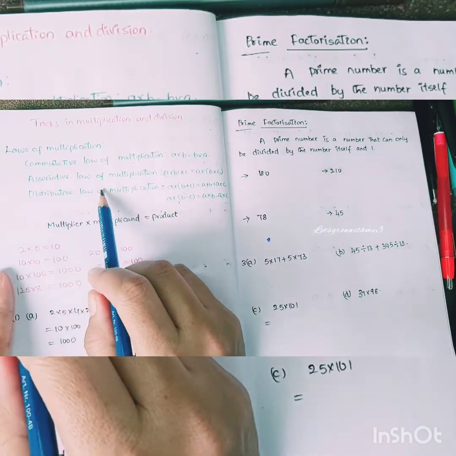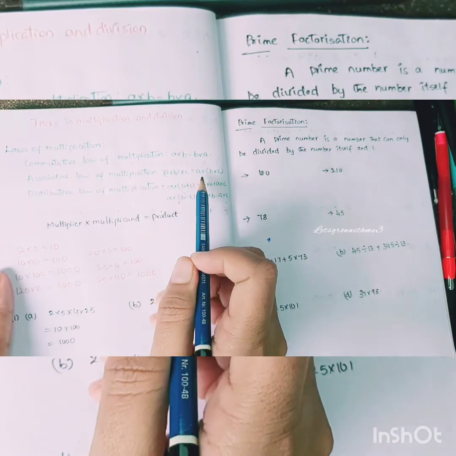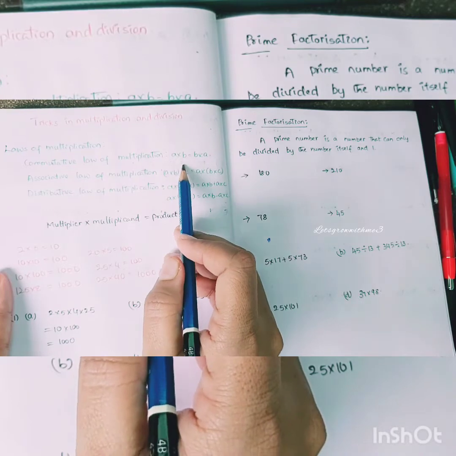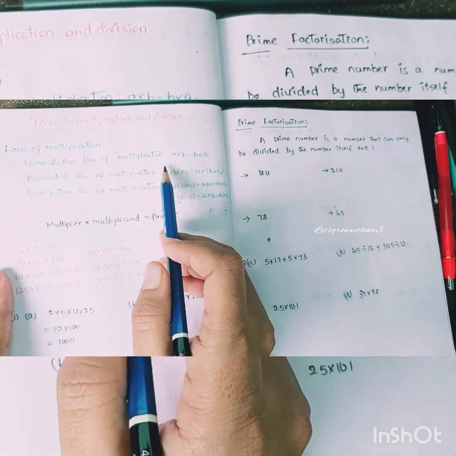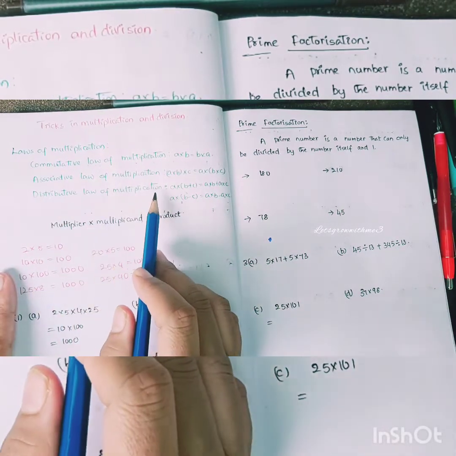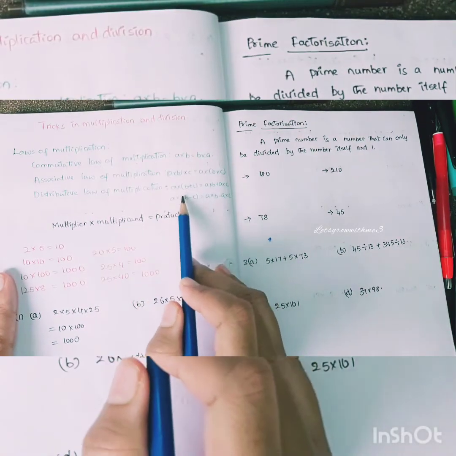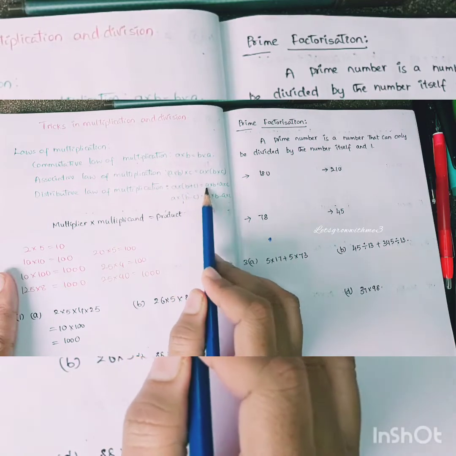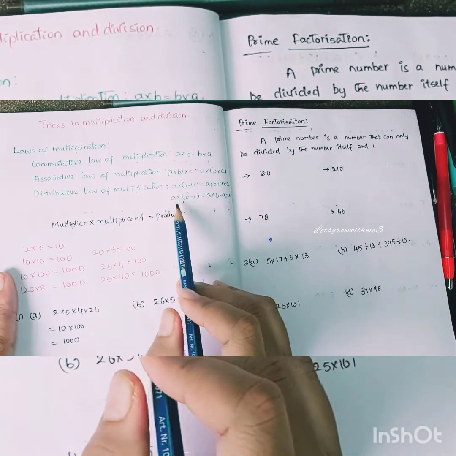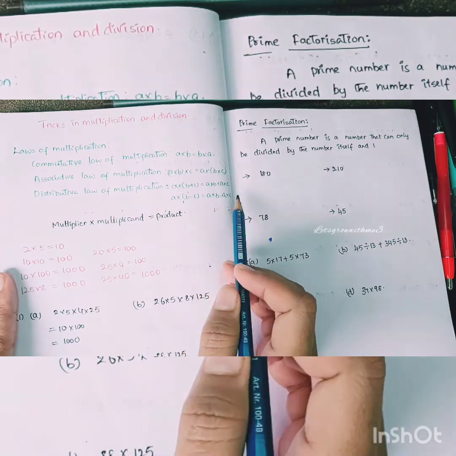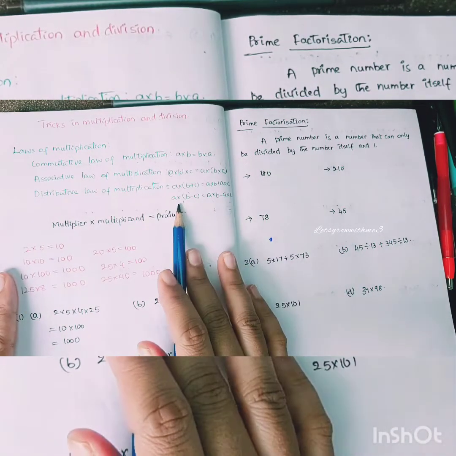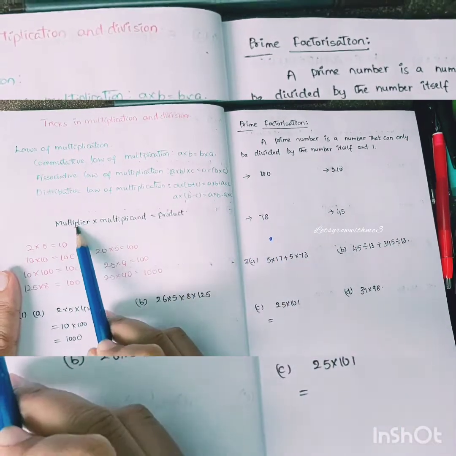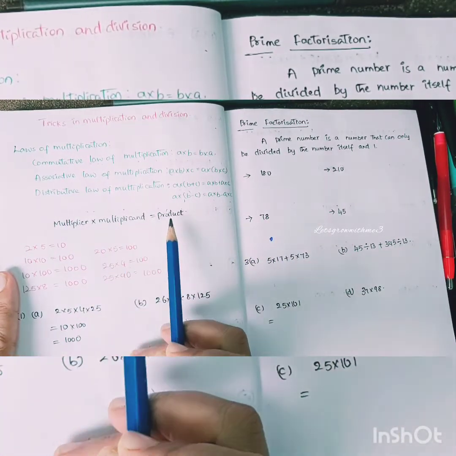I think you are already aware of the commutative law and associative law of multiplication. In multiplication, order doesn't matter. If you do 2 times 3 or 3 times 2, both values are the same. Associative law: a cross b cross c is equal to a cross b cross c. Distributive law: a cross (b plus c) is equal to a cross b plus a cross c, and a cross (b minus c) is equal to a cross b minus a cross c. When you are doing multiplication, you have a multiplier times a multiplicand, which gives you a